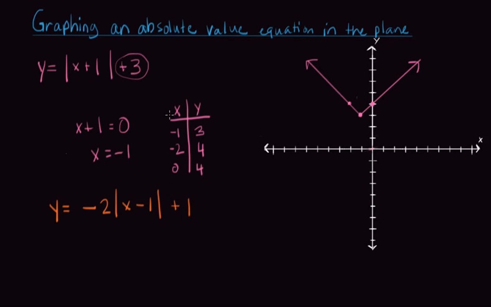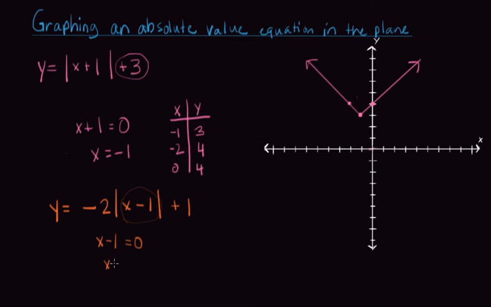Okay, so now this one's really complicated, right? And we'll try to see if we can graph it and then see if we can figure out what makes different things happen. So we're going to start with what we know, and we know that whatever's inside the absolute